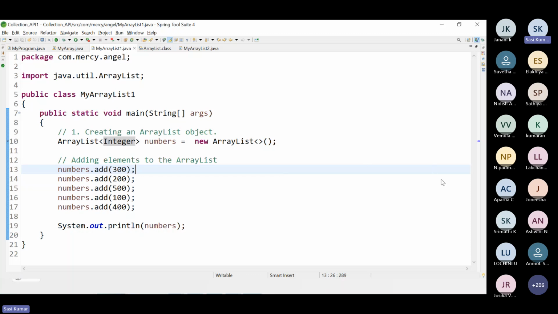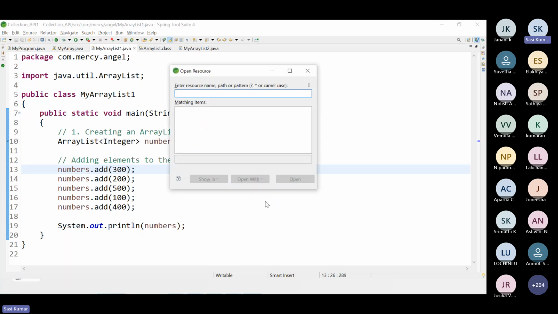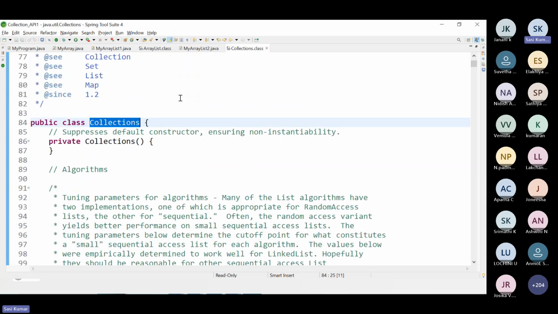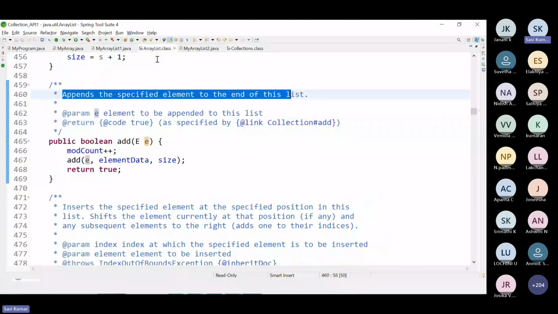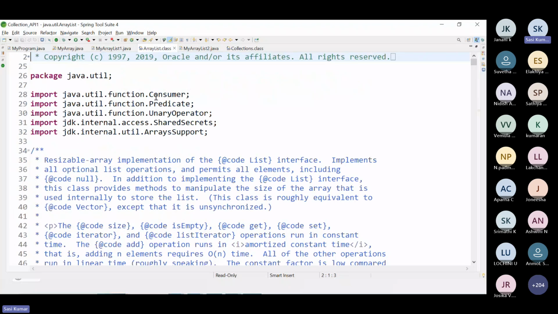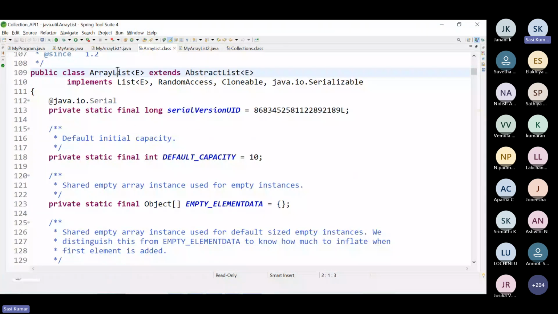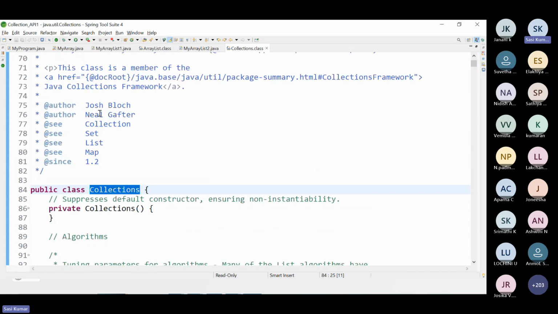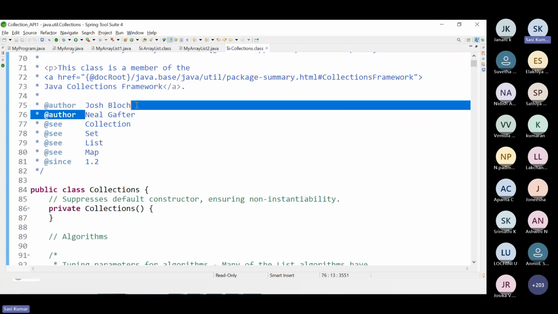The JDK developers have already built predefined methods. If you go to the Collections class, there is a class called Collections in java.util. The first class we have seen is ArrayList, a predefined class developed by Josh Bloch and Neal Gafter. Similarly, Collections is also a predefined class.